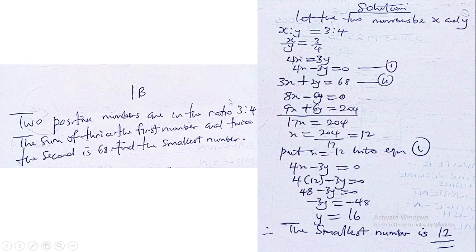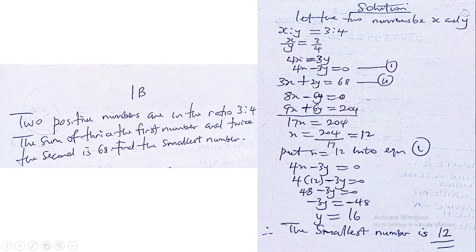Thrice the first number. What's the first number? x. Thrice it will give us 3x. Then twice the second number. What's the second number? The second number is y. Twice it will give us 2y. So they say that the sum of thrice the first